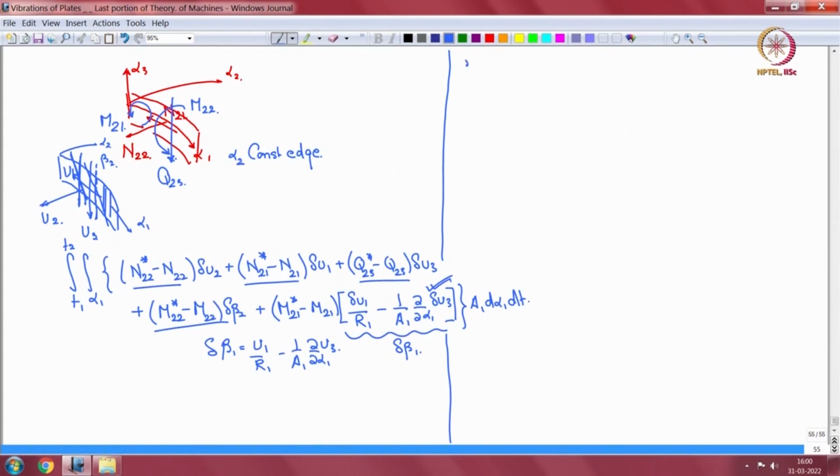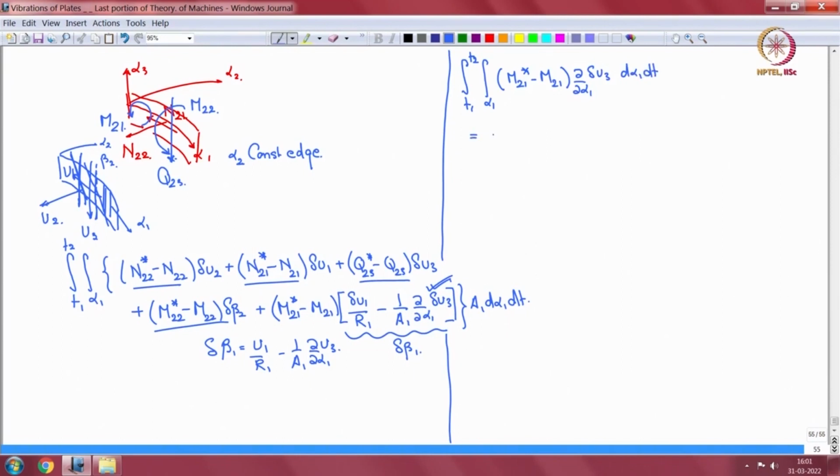So integral t1 to t2, integral over alpha 1, m21 star minus m21,